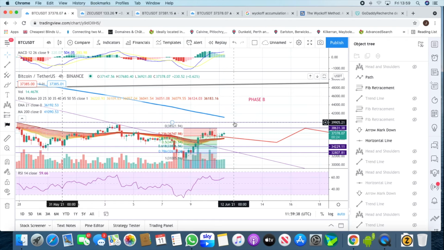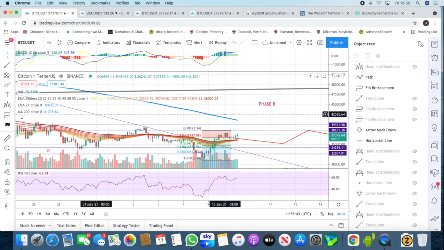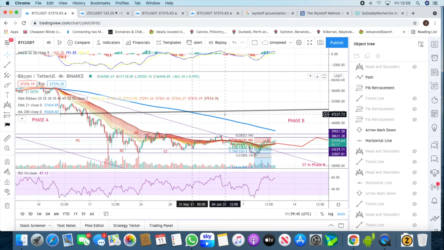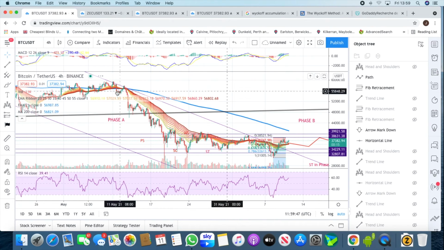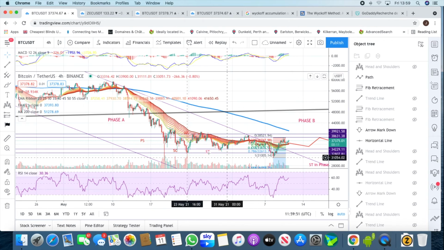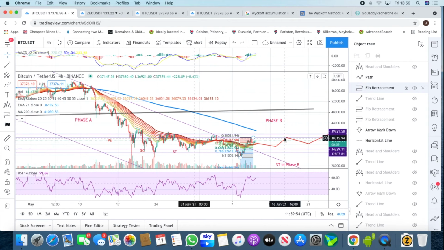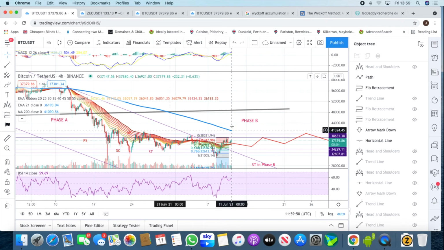Once it gets near this, it's going to have to overcome this. When's the last time it was above that on the 4 hour? Look, it's been underneath it ever since it broke down for this 50% decline. So do we really think we're going to break above it? I can tell you right now, if we do break above it, then that means I have